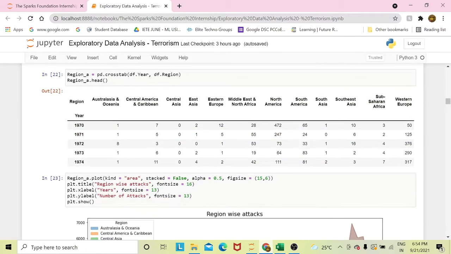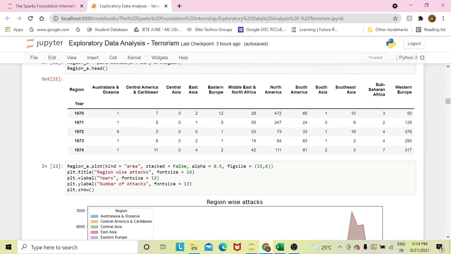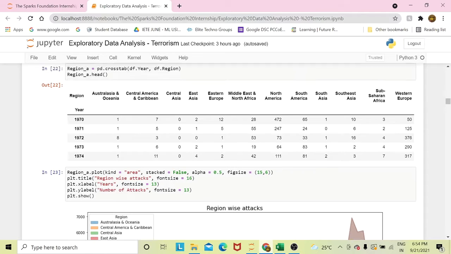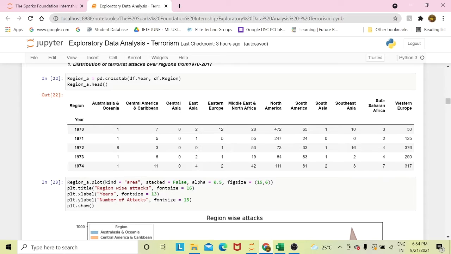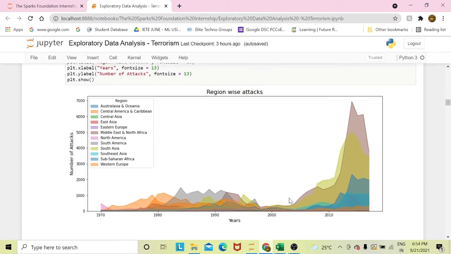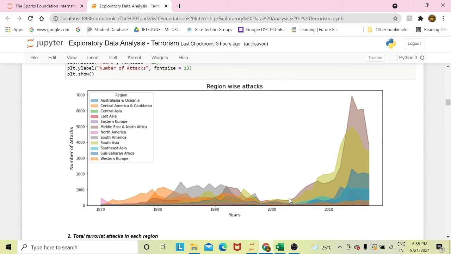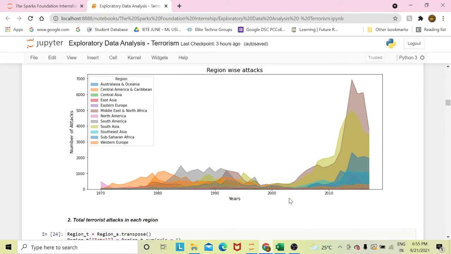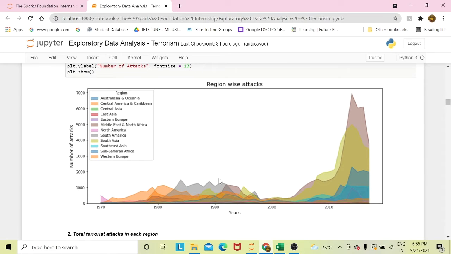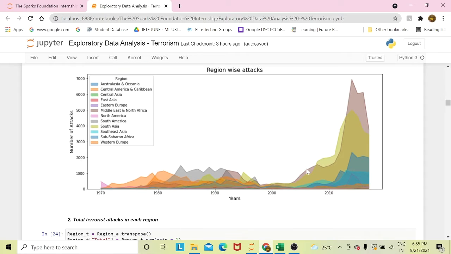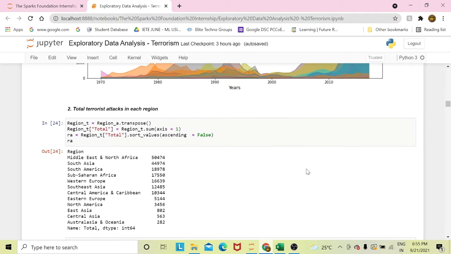Now, region-wise, the same way, we look at the number of attacks in each region. We summarize it using an area plot over all the years, and we get the area plot of each region facing terrorist activities. Then the number of activities according to the region.